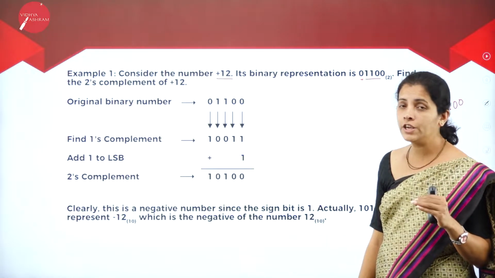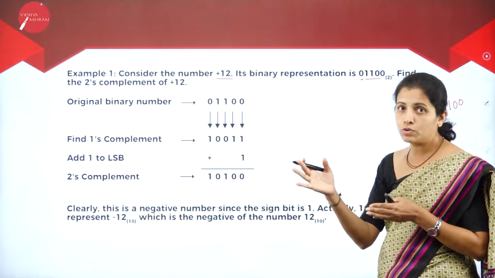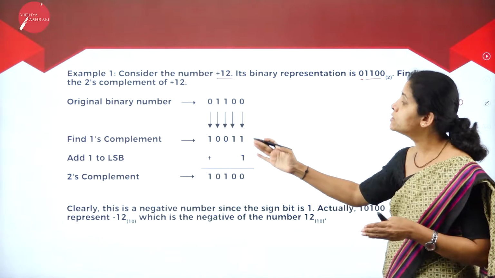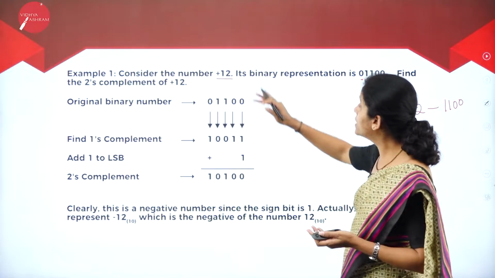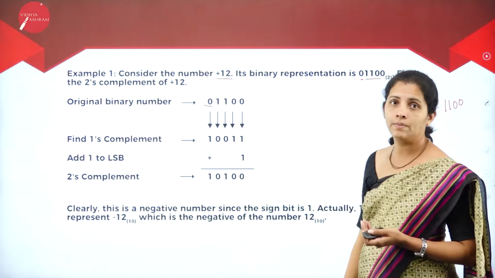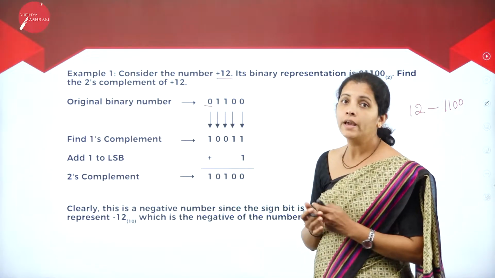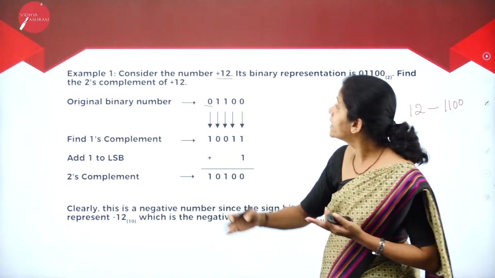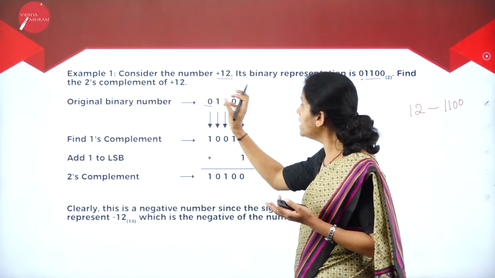Now, according to negation, I am going to convert this number to its negative. To do that, I am going to use the twos complement method. At the beginning, I write the number as it is along with the sign. If it is positive, I write 0. If it is negative, I write 1. According to this example, it is a positive number, so I write 0.